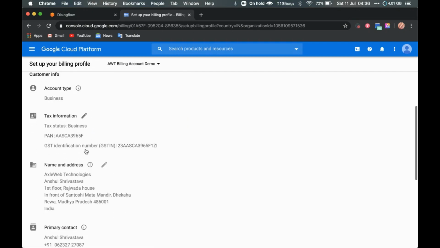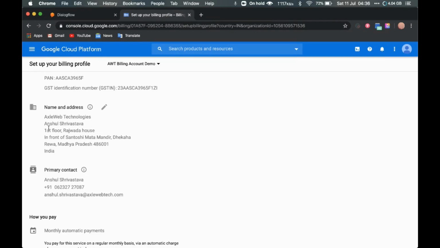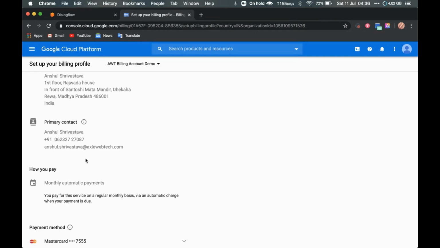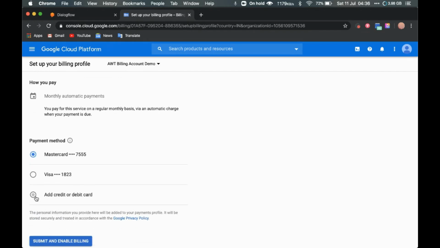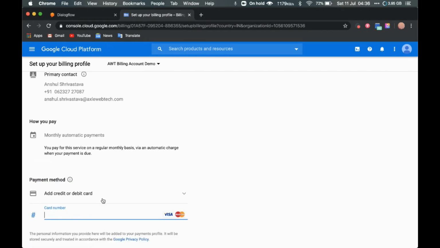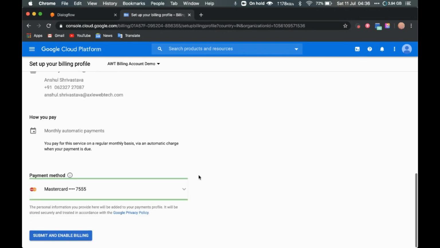Then tax information like PAN card or any other. If you are in India, it will ask for a GST number and contact details, and finally the payment method. You can add a new credit or debit card, but since I already have one, I will use my existing one.